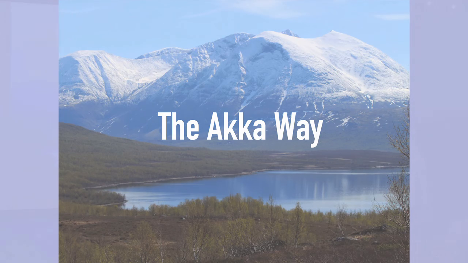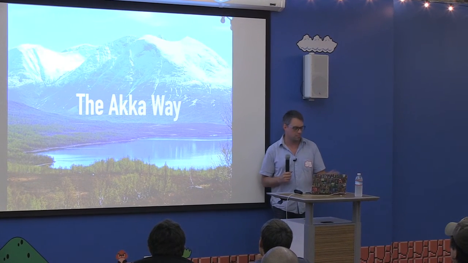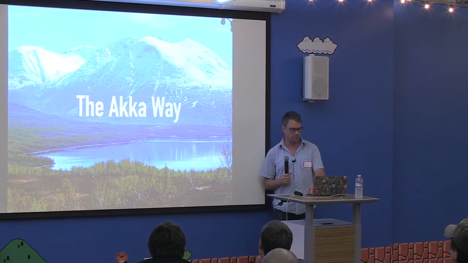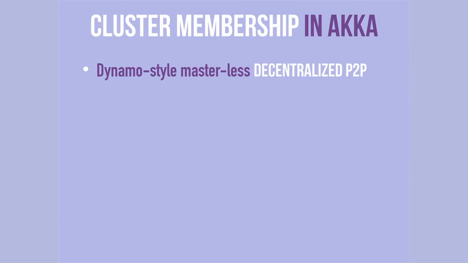Okay, but now let's take a look at how Akka is using all of this, or what we use, and perhaps also talk about why we don't use certain things. So, cluster membership in Akka. Akka cluster has cluster membership. You can just spin up nodes. They will automatically be detected and join the cluster, and they can come and go. We're heavily influenced by Dynamo, so we use a masterless, decentralized peer-to-peer model. Using epidemic gossiping, we actually do the same thing. We lay out all the nodes in a node ring, and we do semi-random gossiping between them.